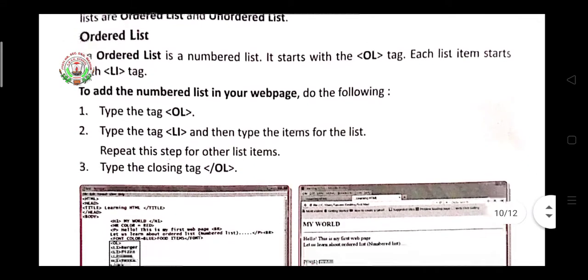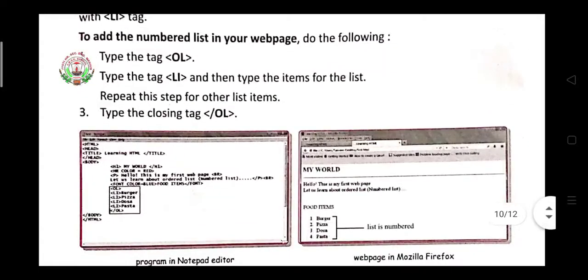Now see how to add the numbered list in your web page. First you type ol inside the angular brackets. Then type the tag li, and after li you give the list items you want to display in the browser.